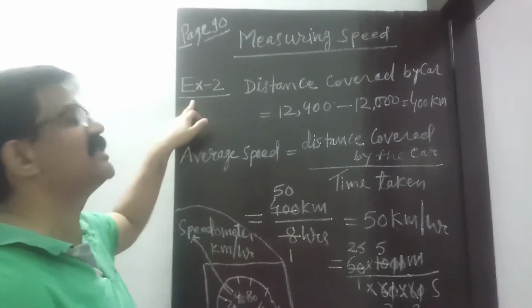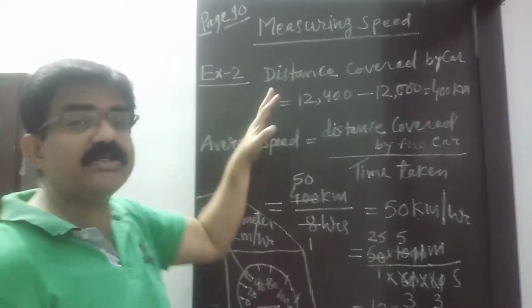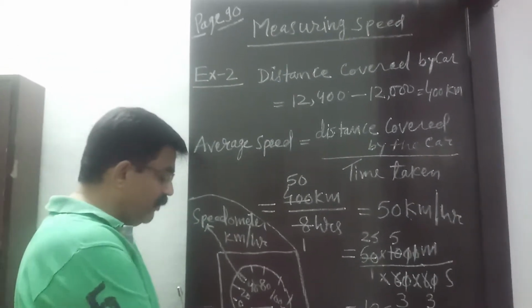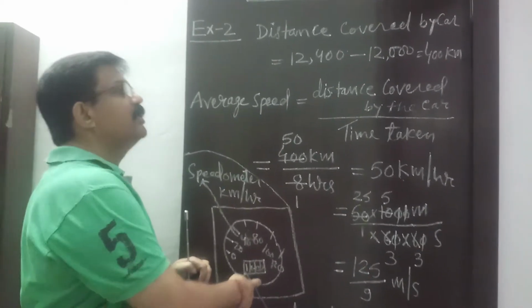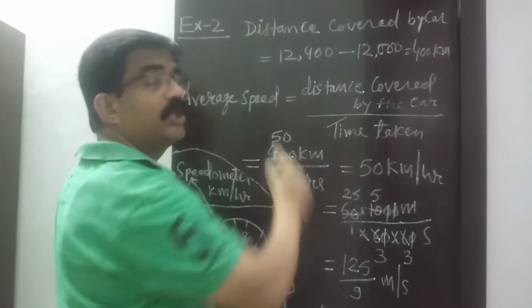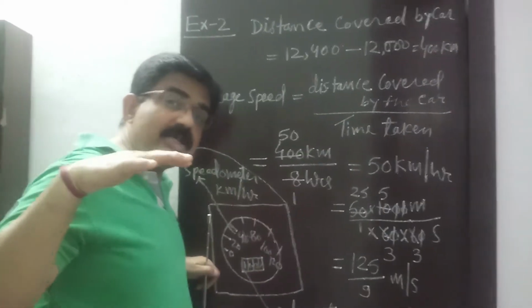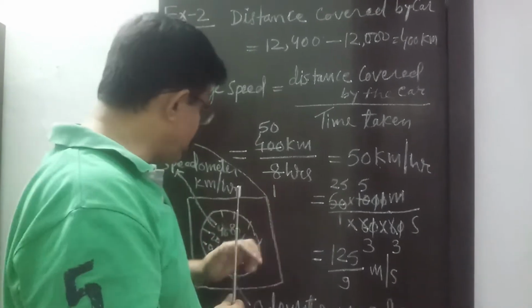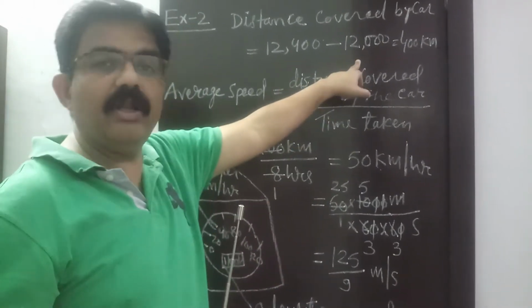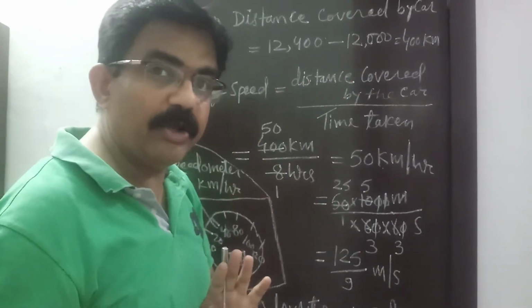we discuss example 2. In this example, it is given that when a vehicle starts, the initial reading of the vehicle is 12,000 किलोमीटर. कितना? जैसे आप अपनी कार से जा रहे हो, तो जैसे ही आप अपने घर से निकलते हैं, आपने ओडोमीटर को देखा, उसमें कितना लिखा है, 12,000 किलोमीटर. And